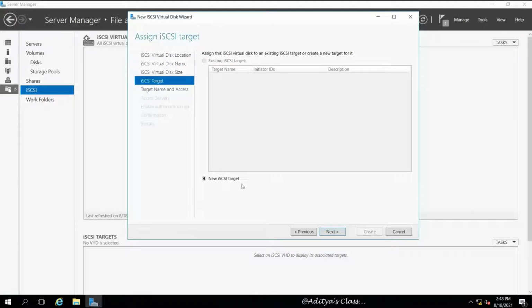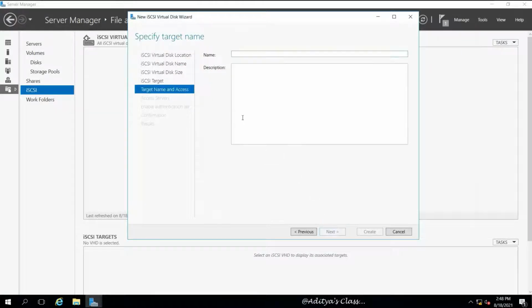Now, previously we did not create any target, so let's create one. Now let's call this as iSCSI VD.